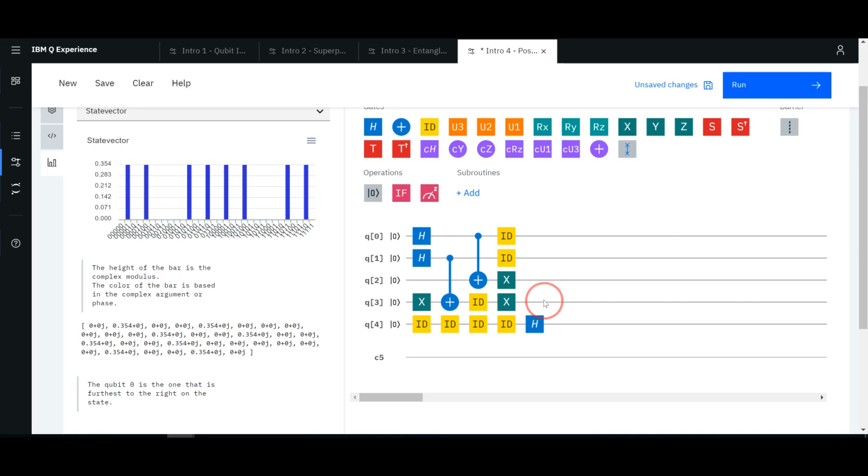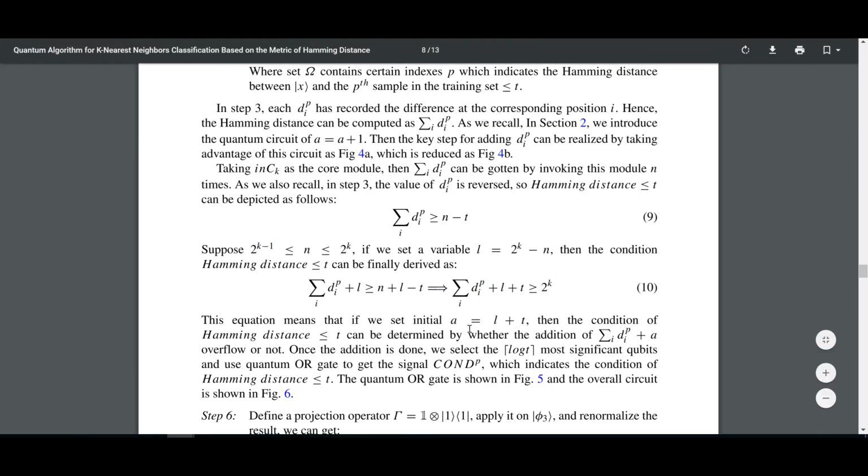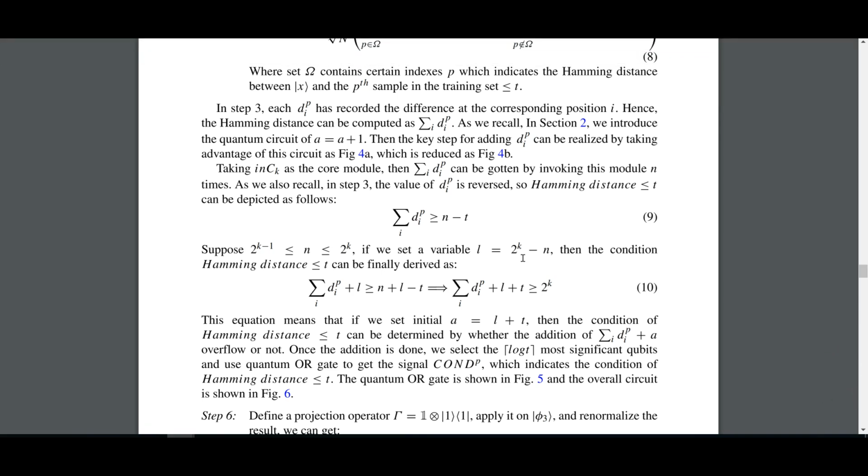So it's just a mathematical trick by defining an A that is equal to L plus T, and this T is the threshold, and L is 2 to the K minus N, which is